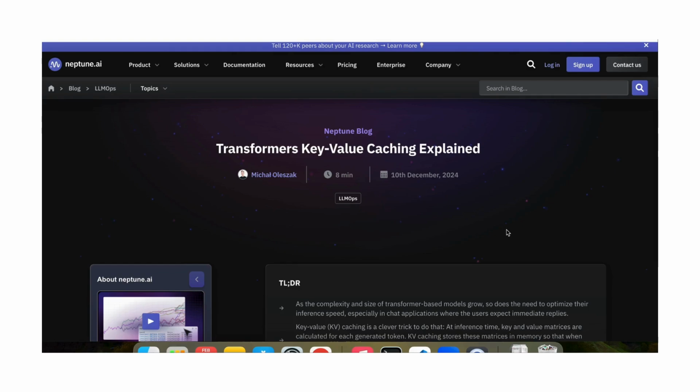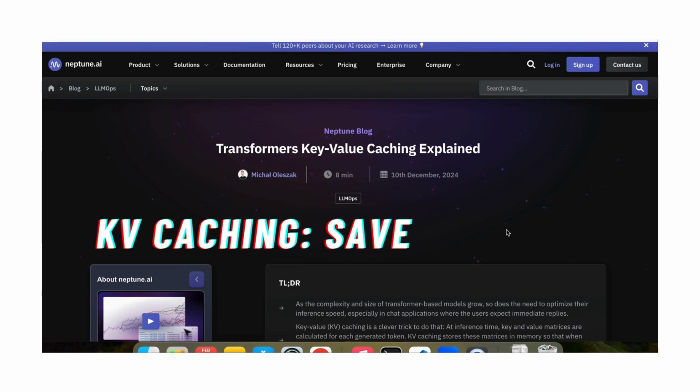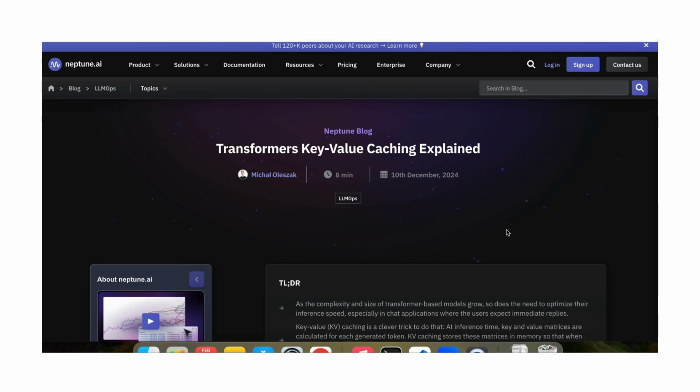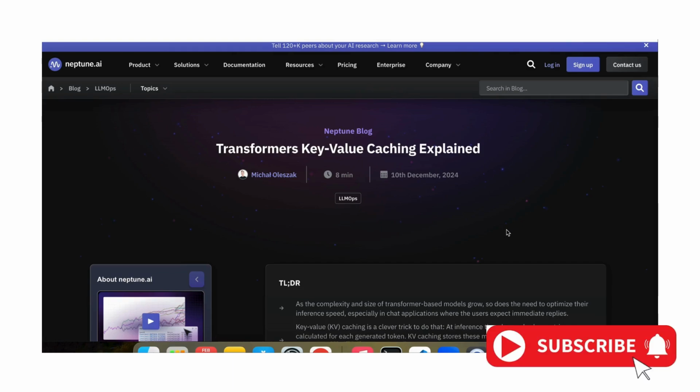Hi everyone. Today I'm going to talk to you about KV caching, or key value caching. It is one of the ways that we can save compute when we are using ChatGPT models. In order to explain what KV caching is, we're going to step through the various aspects of the ChatGPT model, understand simple explanations of each of these aspects, and then understand KV